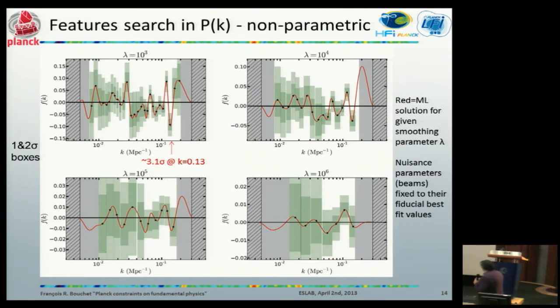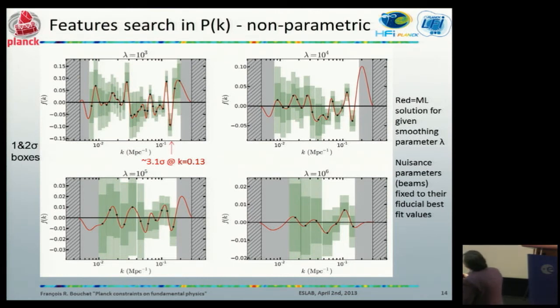This sort of rigidity is given by this smoothing parameter. At a large smoothing parameter, you don't see very much. But when you allow for really very localized features, then you find some indication of the 3.1 sigma that George was alluding to, for k equal 0.1, where you see some pretty localized feature,